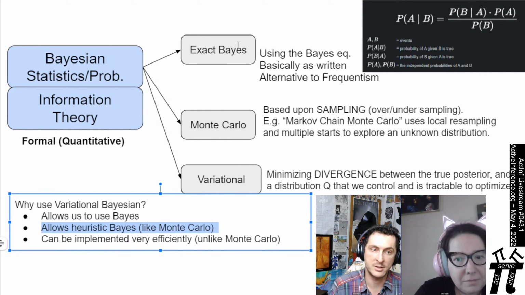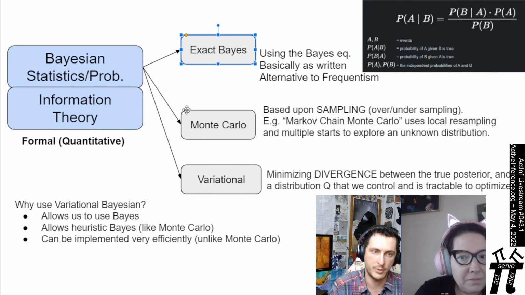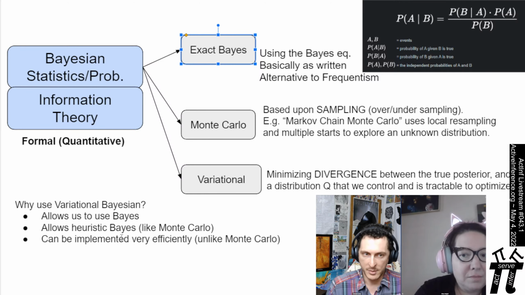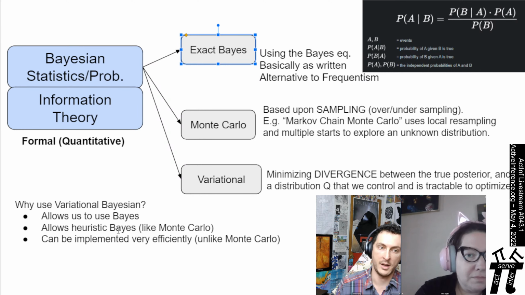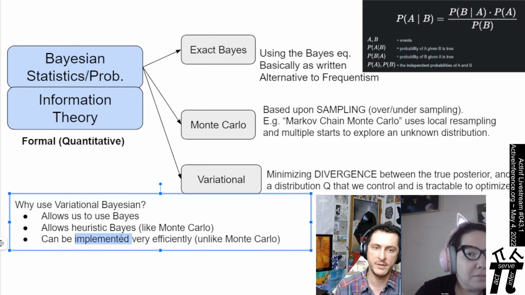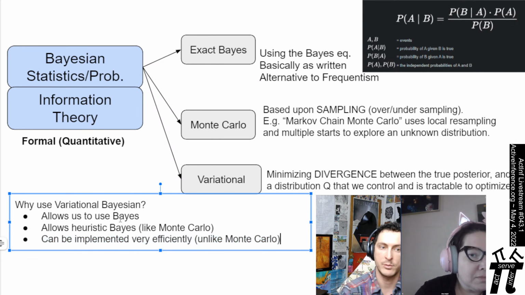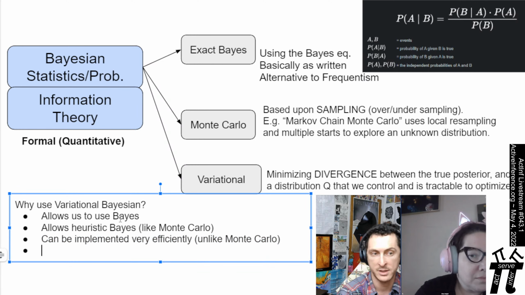So if there's something that's too challenging or implausible for exact Bayes, now we can approach it like Monte Carlo or variational. These are both heuristics. Unlike Monte Carlo, it's not based upon sampling. Variational is based upon a family of equation fitting. And so it can be implemented very efficiently, which isn't always the case for Monte Carlo. It rests upon an appropriate factorization of the problem. And one other piece is this connects